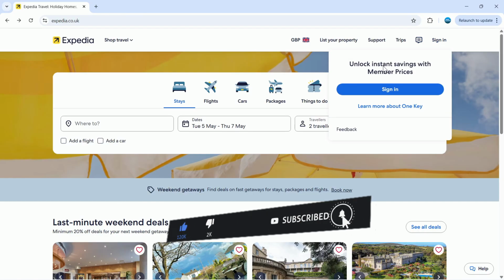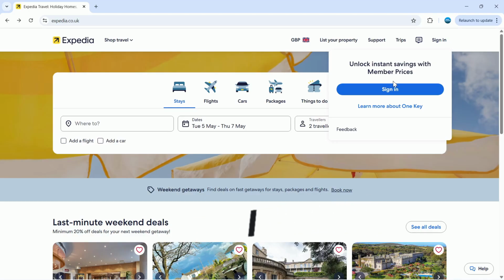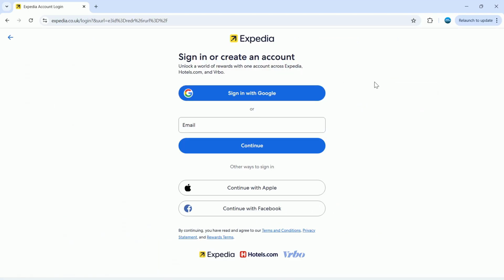Now what it's going to do is open a window like this. From here, click the blue sign in button, and it's going to take you to a screen where you can sign in or create an account. So what you can do is a quick sign in and creation with a Google account. You can also use an Apple or Facebook account, but for the purpose of this tutorial, we're going to create one from scratch. So what I'm going to do is enter an email into the box here